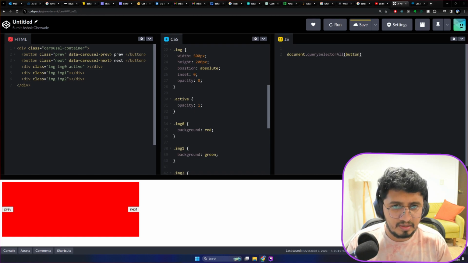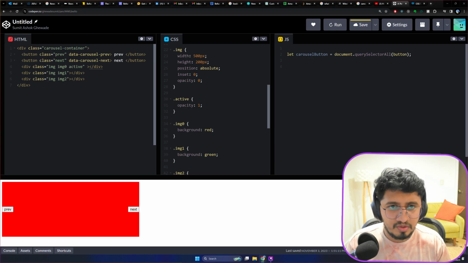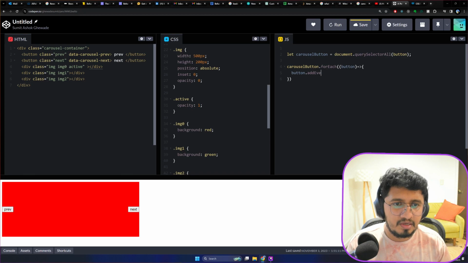Let's call it carousel button. And once we get those, we want to actually loop over them. Carousel button dot forEach of them. Let's call it button in here, and button dot add event listener of click,